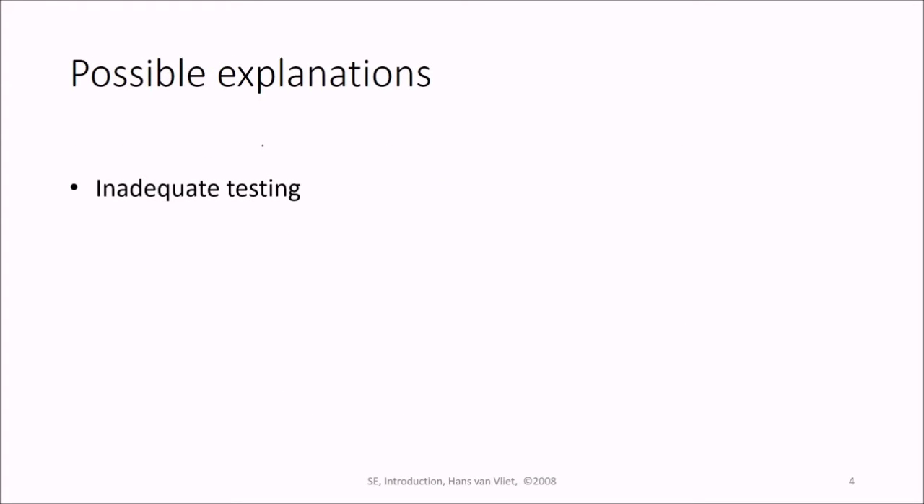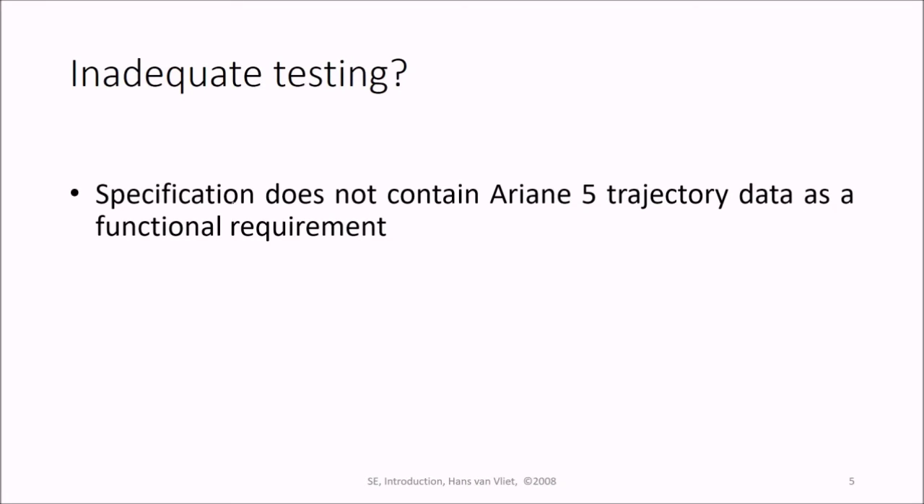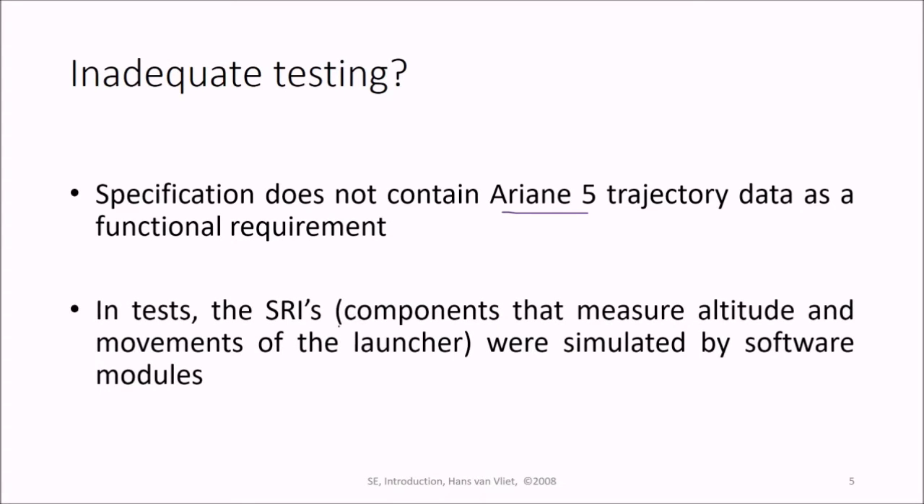The explanation of this loss or this catastrophe was inadequate testing, the reuse problem, that is the wrong type of reuse, and the design, that is the philosophy employed for design, was not up to the mark. What about inadequate testing? Say the specification does not contain Ariane 5 trajectory data as a functional requirement. Was it there? Was it not? And in test, the SRIs, that is the component that measures altitude and movement of the launcher,